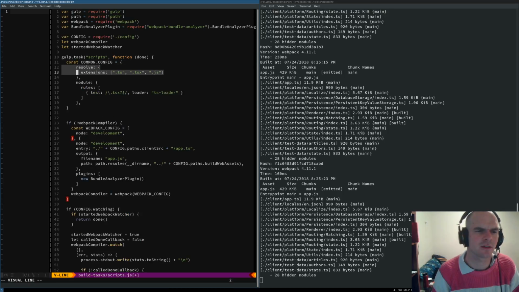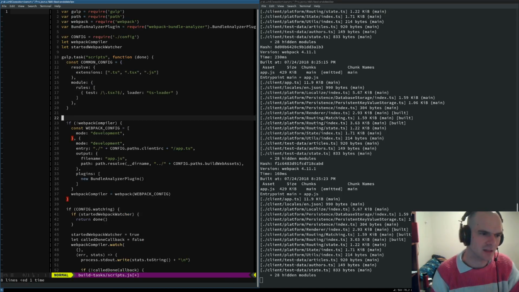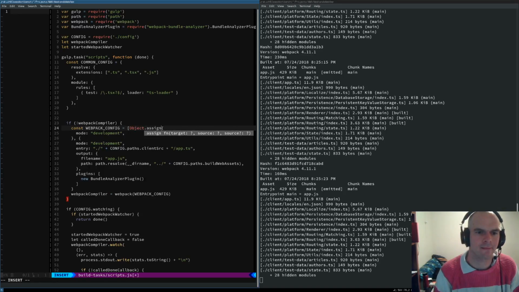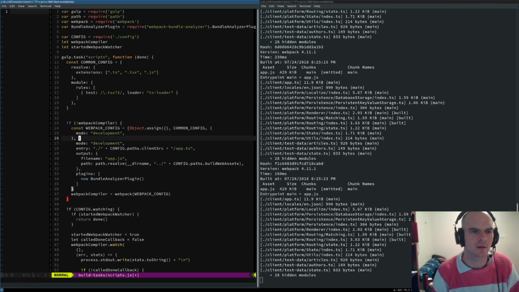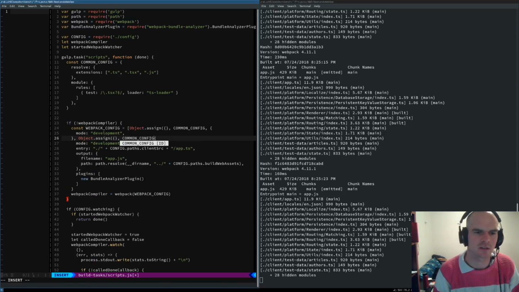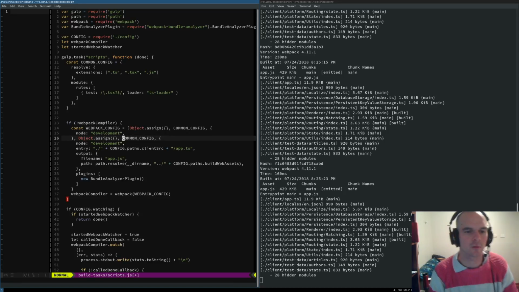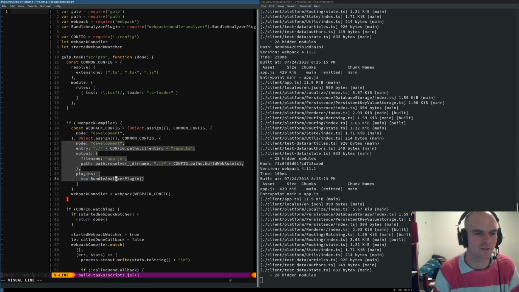And maybe plugins eventually, but actually this plugin, we won't use the bundle analyzer plugin for Mocha because we don't actually care how big our bundle is for Mocha. It can be as big as it likes because it's only for testing. And then with that common config, we can use object assign to pre-fill our blank object, and then we can override it. So if you remember my explanation of assign, you've got the blank object, we're going to put all of the elements of common config into that blank object, and then we override it finally with the final layer of config.